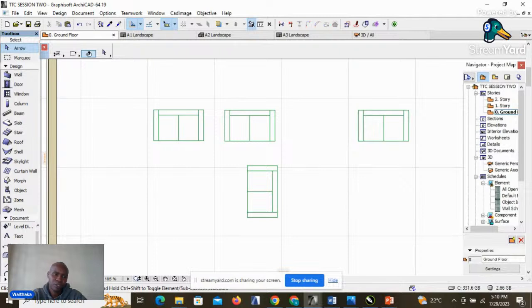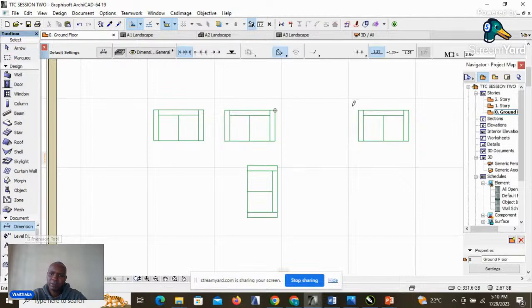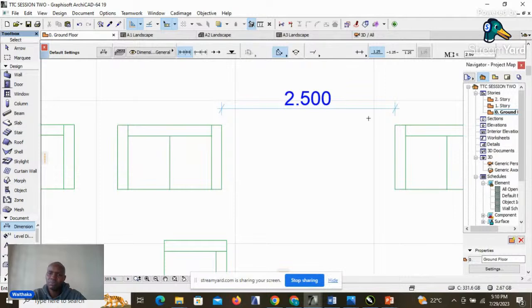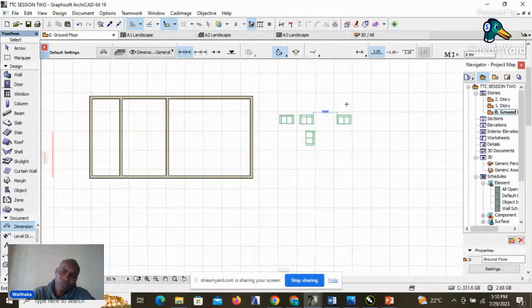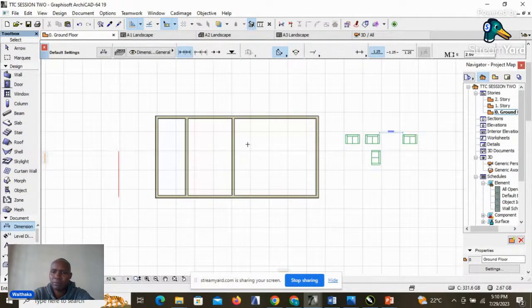And then, even if you check using the dimension, right? If you click that point and click that point and press the dimension, then you'll be able to see that it has moved a distance of 2.5 meters or 2500. So that's how we input dimensions, and then we will still test the same skill once we do the settings for the wall, so that we can cross check and see whether we've been able to achieve